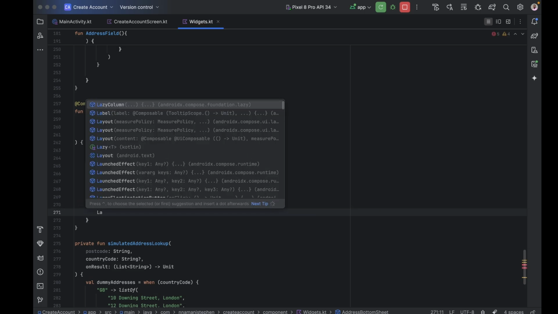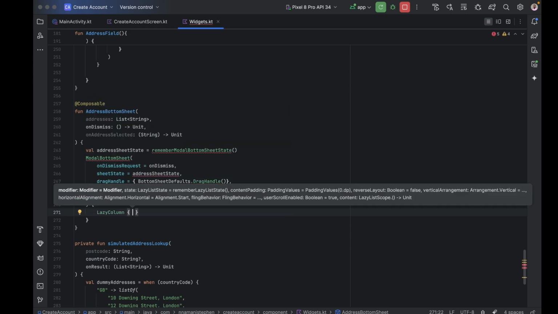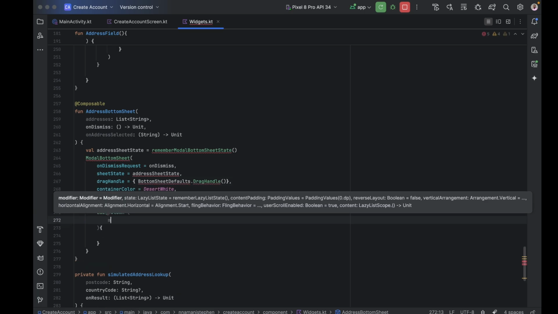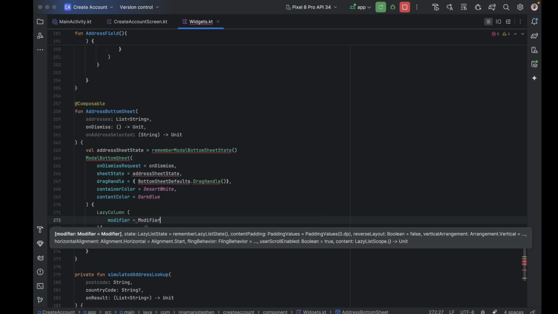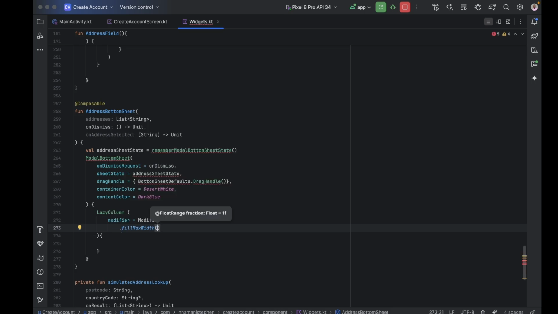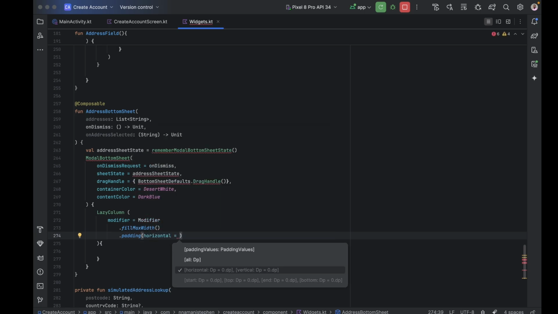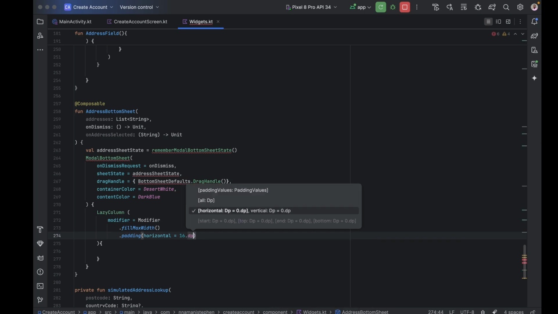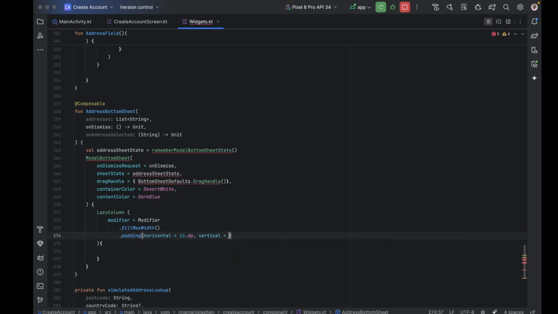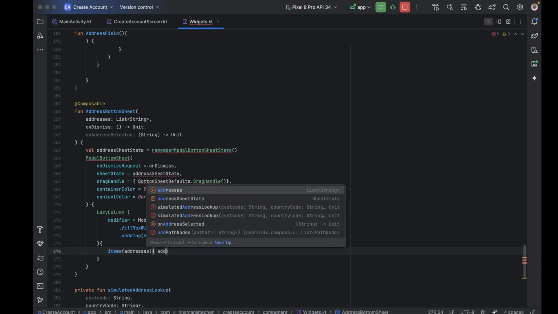Then let's use a lazy column to display our items here. In our lazy column, we're going to use modifier, and want to set it modifier dot fill max width, right? Then let's set some padding so that our items will be set properly. So horizontal, we'll set the horizontal padding to 16.dp and set the vertical padding to 8.dp. So that's the lazy column parameters. Then here let's call items. In our item we'll pass our addresses. Then inside of our addresses, let's call the address. Let's set the address here,